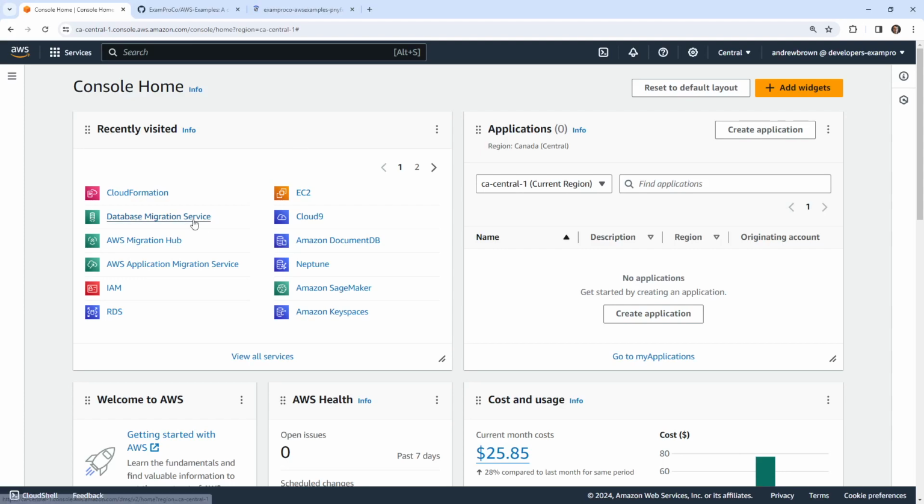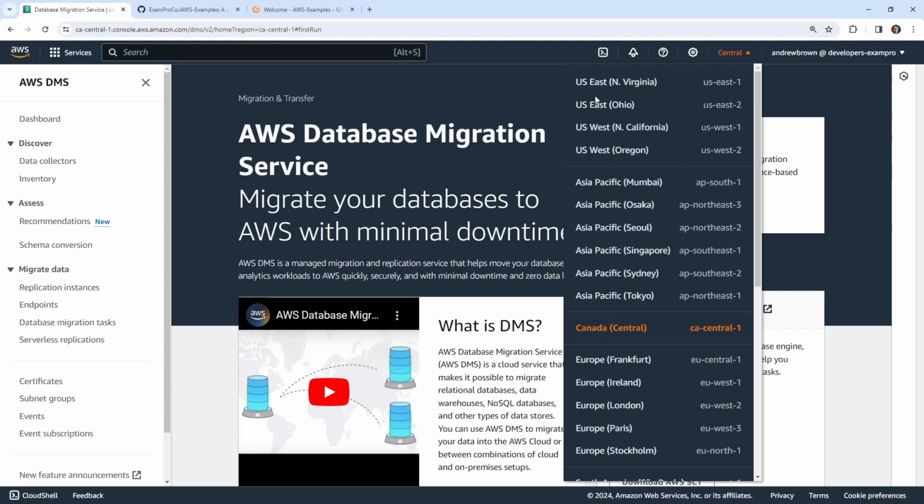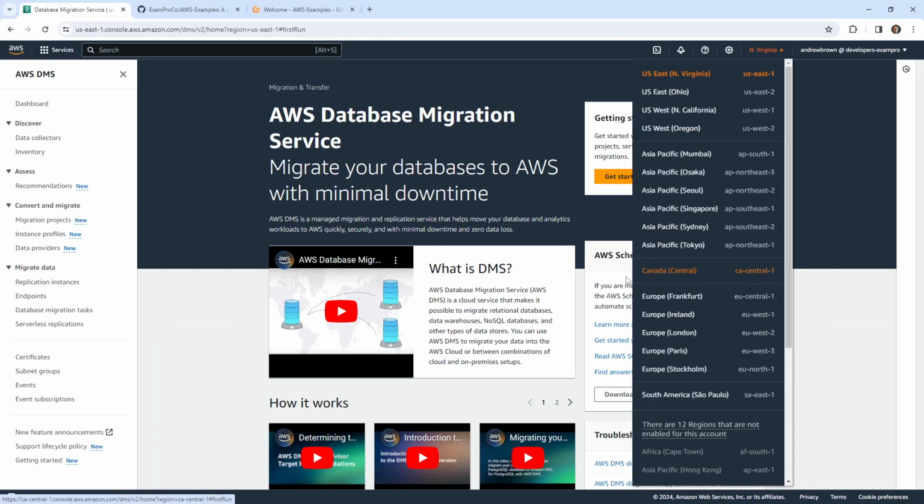In this video, we're going to take a look at the database migration service. So I'm going to go ahead and show off this service here. If you're in CA Central 1 like I am, you're not going to see all the functionality. If you go to North Virginia, there should be a difference, and you'll see more stuff here on the left-hand side. I can accomplish everything I want in CA Central because I'm really just focused on replication